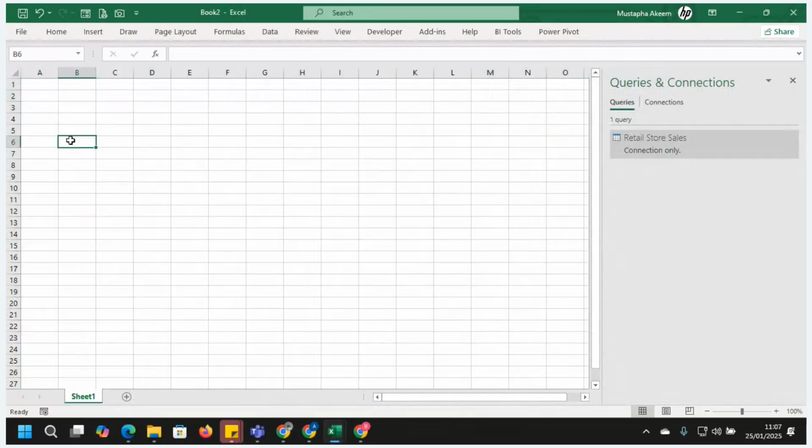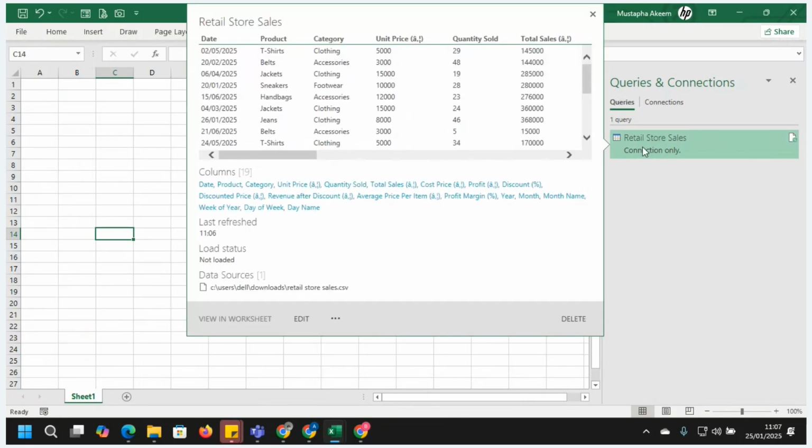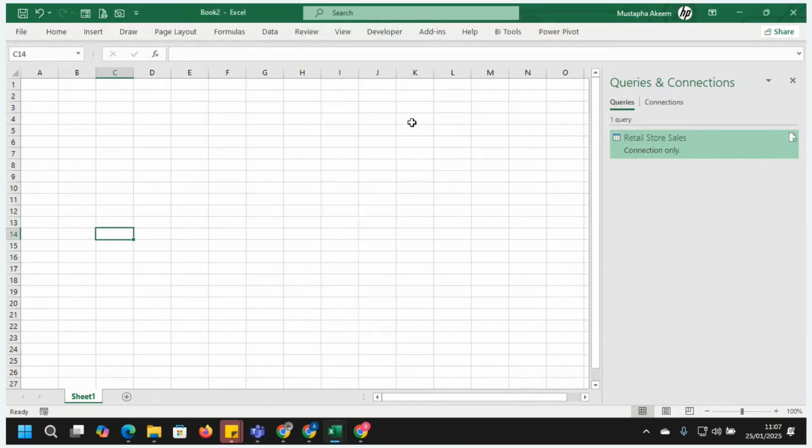We only have query and connection. No data is there, and we want to work with that data. This is what we have here, nothing more than this. Any question at this point?